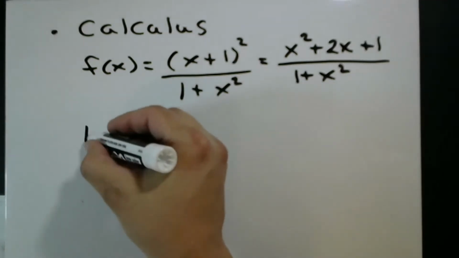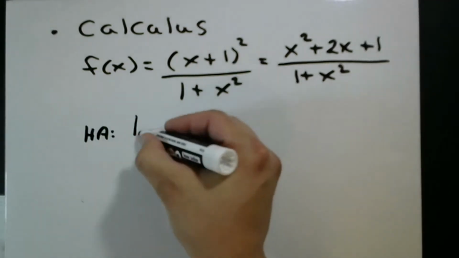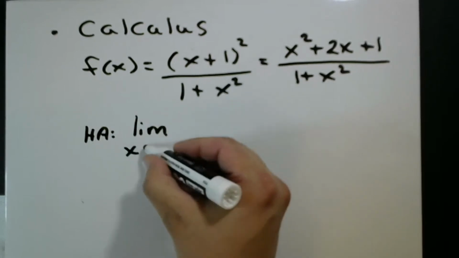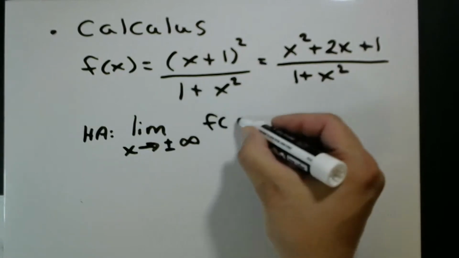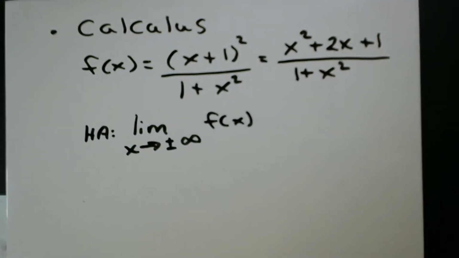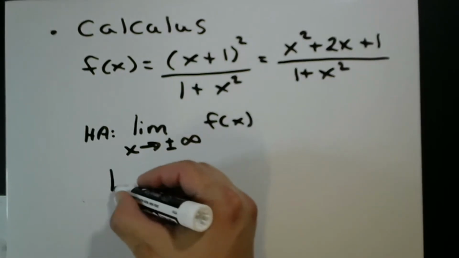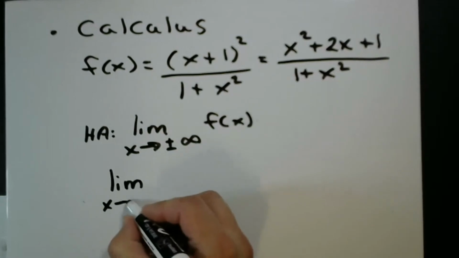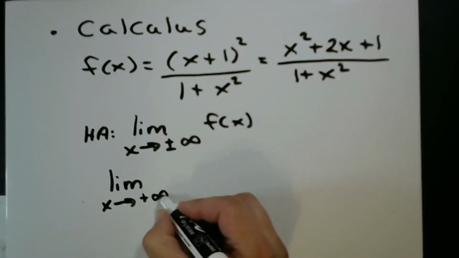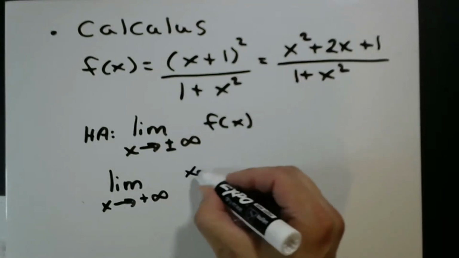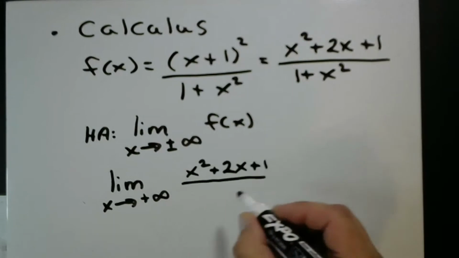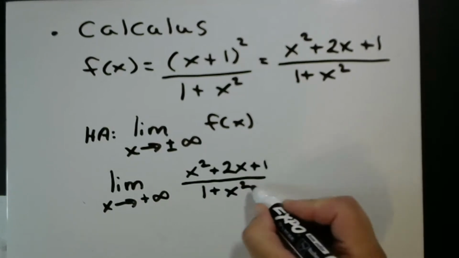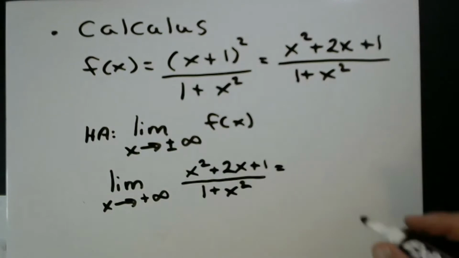To find the horizontal asymptote, we want the limit as x goes to the infinities, I'll say plus and minus infinity, of f of x. That's how we're going to find a horizontal asymptote. So let's start with the plus infinity. And then we're going to be doing this. This is our f of x expanded. And we're going to use that technique